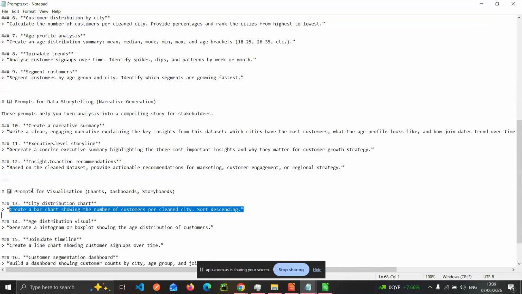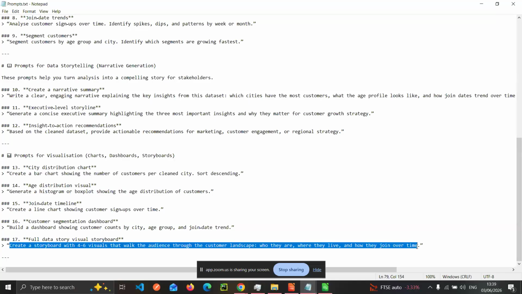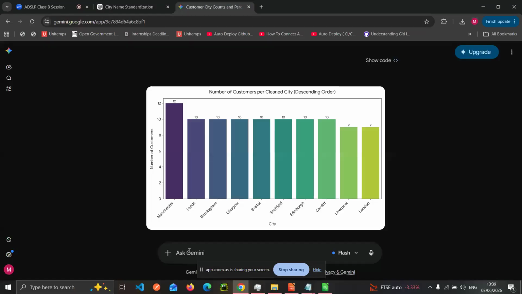We have several other prompts we could use for creating a visualization. And the last one, which I would like us to see, is creating a story with 4 to 6 visuals that walk the audience through the customer landscape, who they are, where they live, and how they join over time. So I'm going to give this a try.